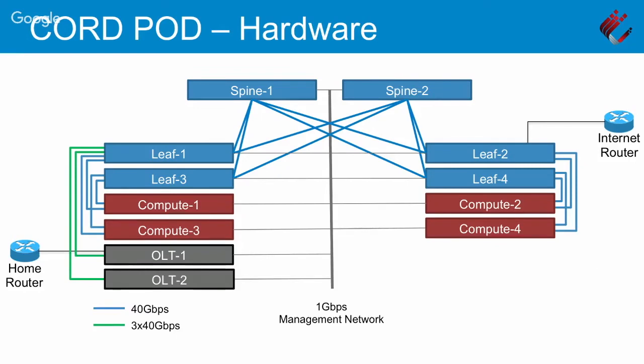Again, in the context of reference implementation, we've proposed a particular configuration of OCP hardware. In this particular pod configuration, we've got 4 OCP compute servers. We've got 6 switches, 2 leafs per virtual rack, and 2 spine switches, and some number of somebody's OLT devices in the residential case, but that's where you would plug in the access technology of choice.